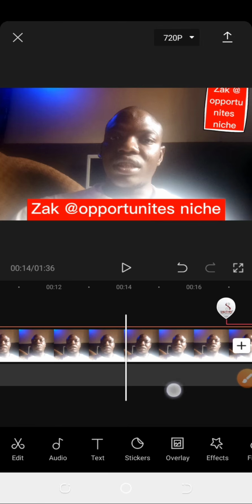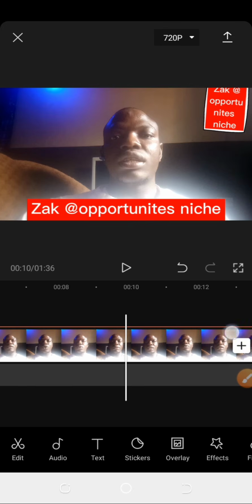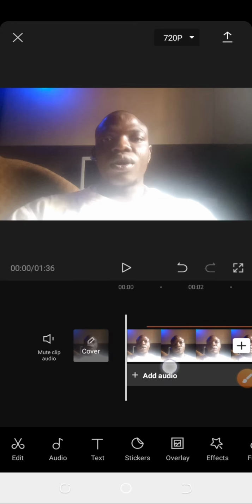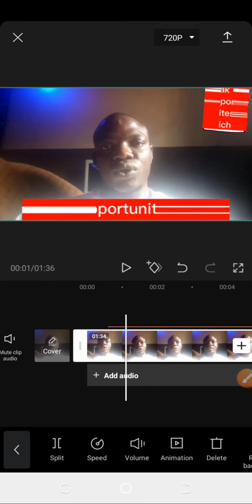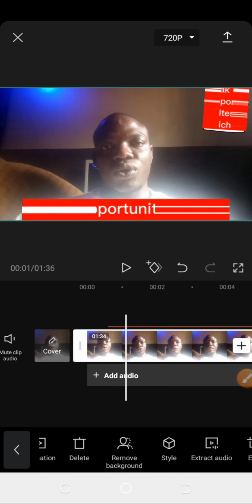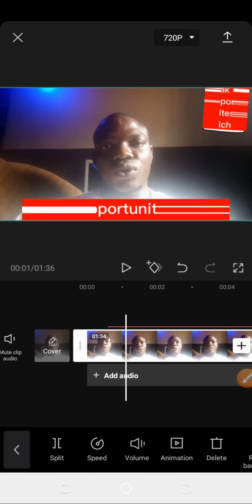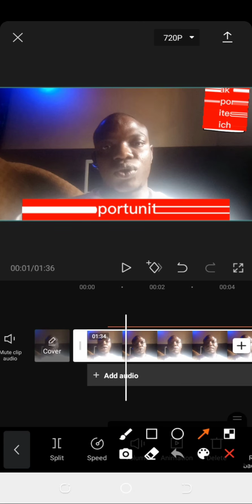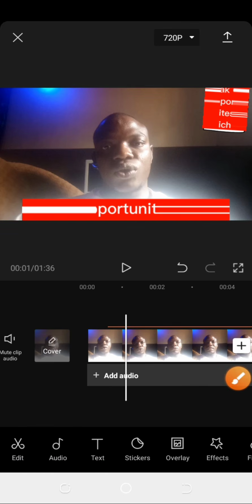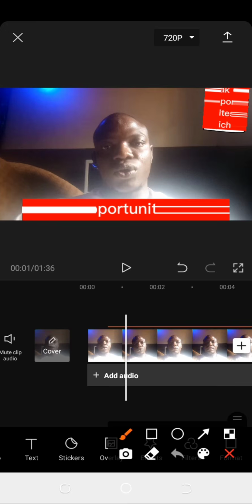Now I told you, if you want to be seeing this thing, make sure you did not click on the video first, because once you click on this video, it will show you split, volume, things that you use in editing the video. But before then, click backward. If you click on the video before, you can click this backward arrow. You click it, okay? So it will take you to where you put your effect. So this effect now,